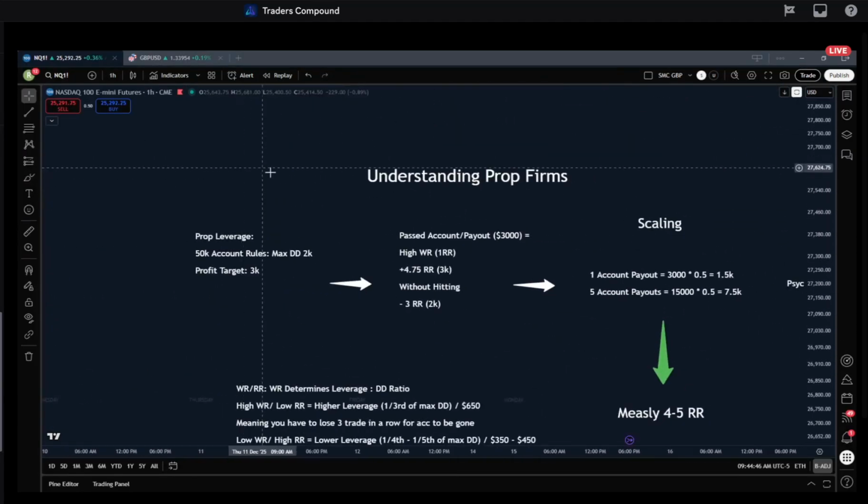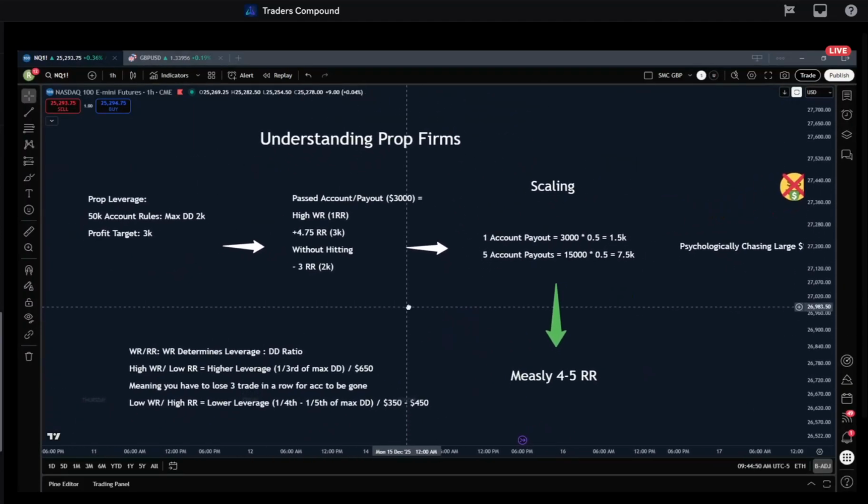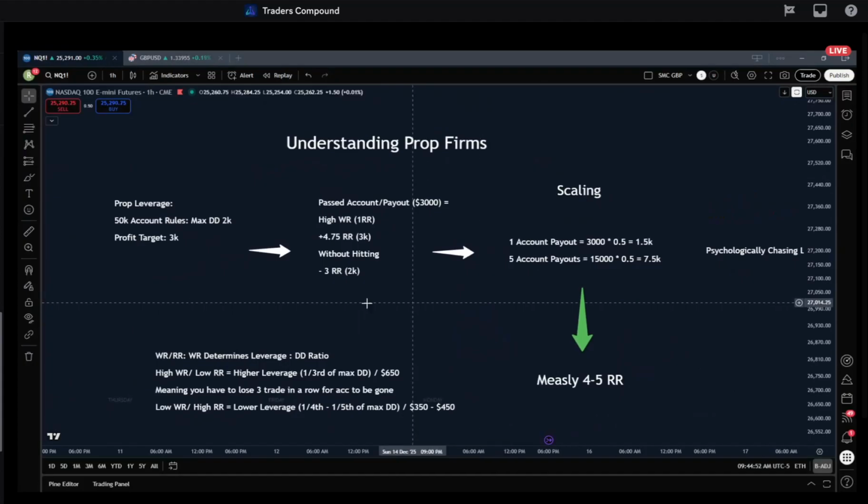So again, let's take a look at how I personally have traded my accounts using these AM session calls. On an account with $2,000 of drawdown, I risk about $650 to $700. It's never going to be perfect, right? And of course, we take into account break evens. And if you're on Apex, you get a little bit more drawdown, but there's trailing drawdown, right? So obviously, this is like a hypothetical best case scenario. I know it's not 100% realistic, right?